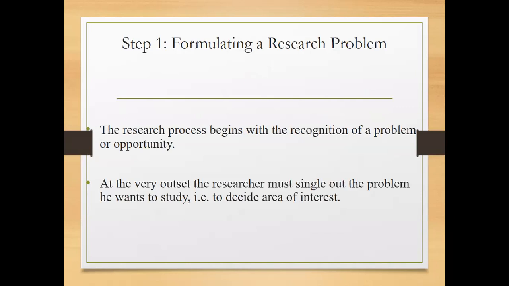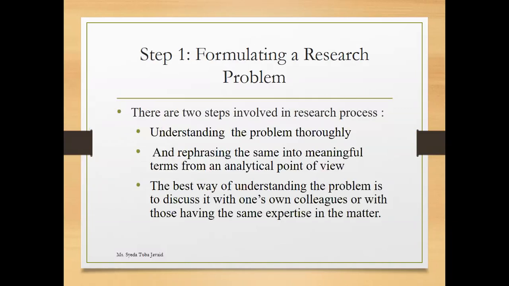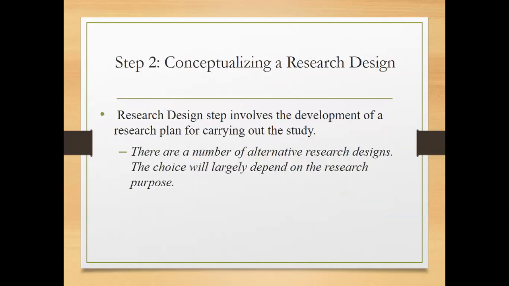So you need to go through that, and then formulate a research problem. You need to understand the problem and rephrase it into a meaningful term. You need to develop a WH question, and then find a way. You need to go and talk to the experts as well and see whether it is valid to be investigated or not. Obviously, while you are doing that, you are reviewing the literature as well. The literature review is going on. You are reading different papers and understanding what type of research has already been done.